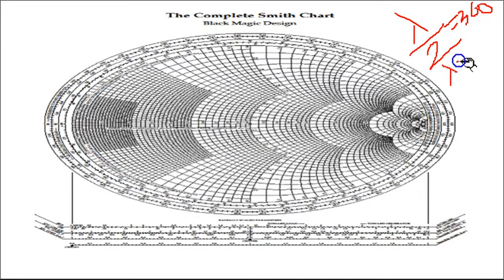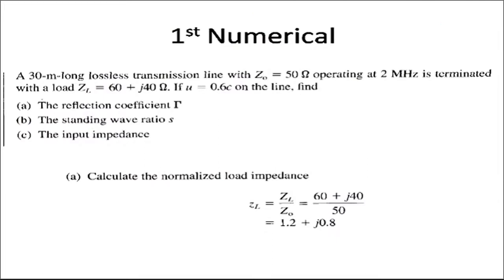I just want to repeat, and then we will go for solving numericals on the Smith chart. You should refer to your class notebook as well as the numericals which you have solved in the assignment to go through these details of the Smith chart, and try to solve all those numericals by taking a copy of this Smith chart on paper, because it's very hard for me to teach you on these video lectures, and you won't understand unless you do it from your side. So let's solve the first numerical and try to understand.